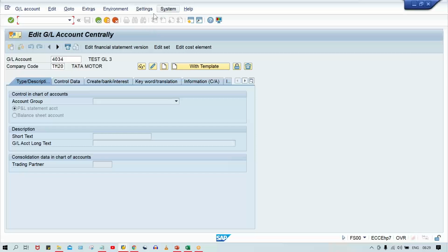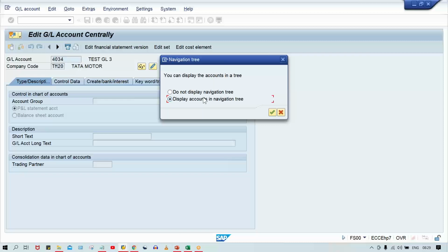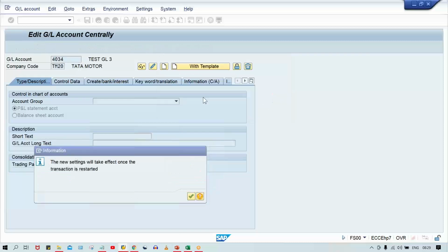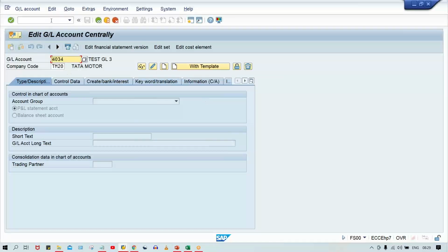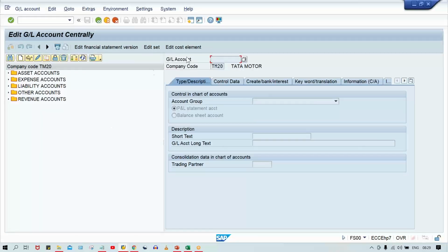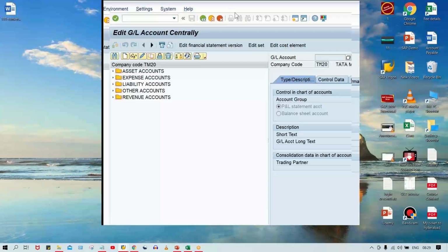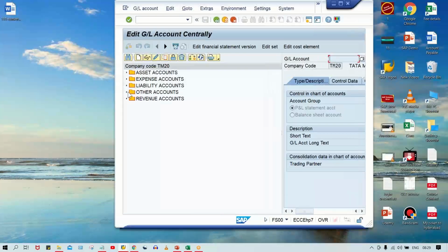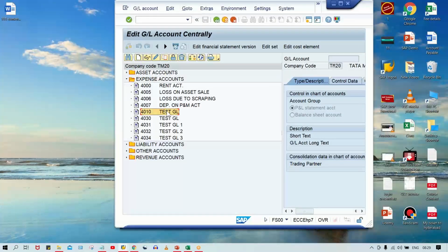okay. And apart from this, if you want to make this hierarchy display, press enter. Now look here guys, it is appearing, right? And whatever GL accounts we have created, that is here. Okay, so now what will happen guys, this GL account, this is how it is going to be used. We are going to use the LSMW here, right? Later on we can delete also,